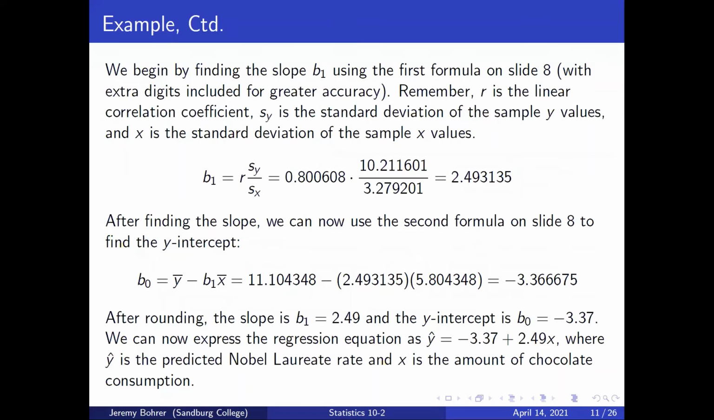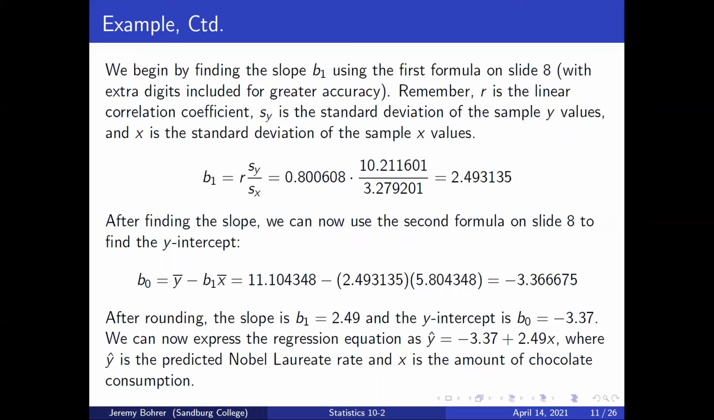We begin by finding the slope b1 using the first formula on slide 8 with extra digits included for greater accuracy. Remember, r is the linear correlation coefficient, s sub y is the standard deviation of the sample y values, and s sub x is the standard deviation of the sample x values. So b1 equals r times s sub y over s sub x, which is 0.800608 times 10.211601 over 3.279201, which equals